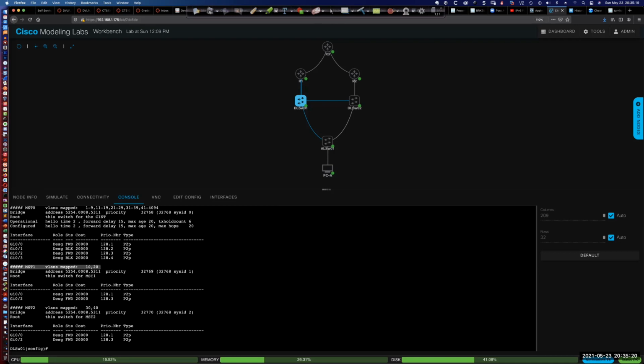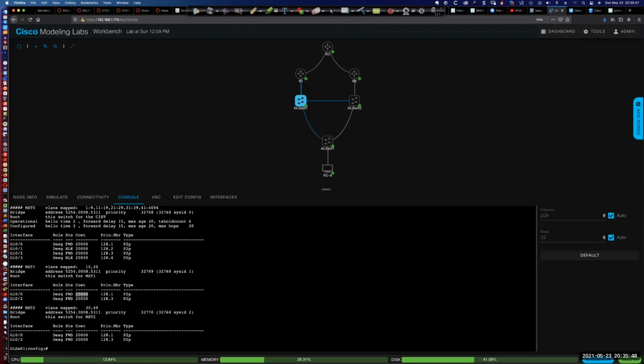And for MST2, what are the VLANs that are mapped? Well, it's 30 and 40, right? And you can see they're also using the long cost. And this is another nice thing: we don't have to manually choose between the legacy spanning tree cost of each of the ports, or the ports based on the speed of the port. Here, it's already set for us to the current way that you would want to do it,